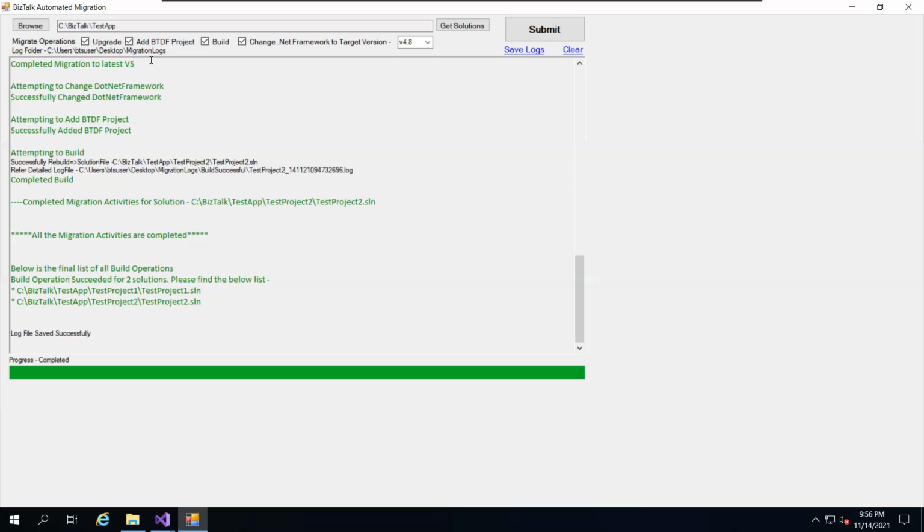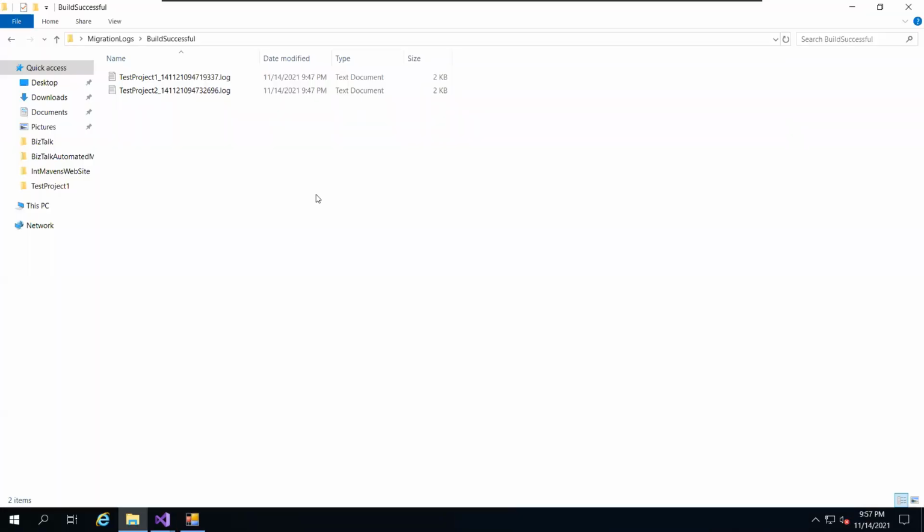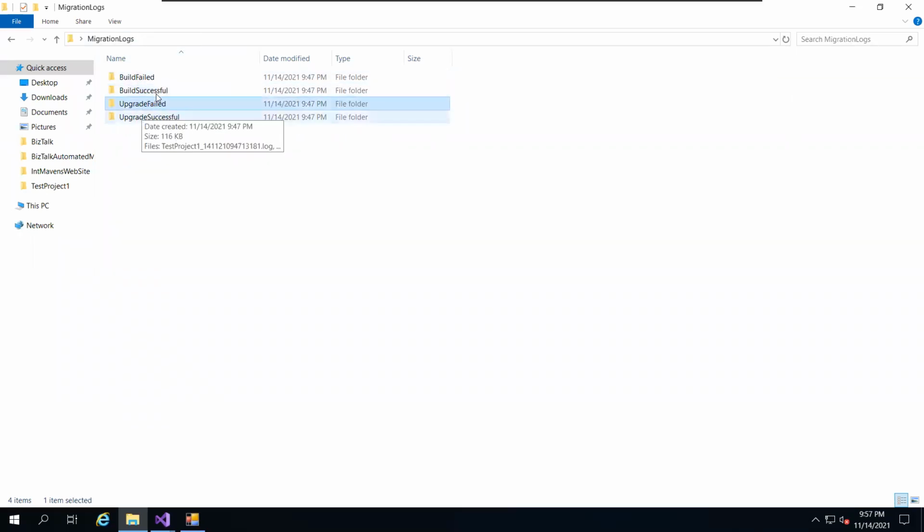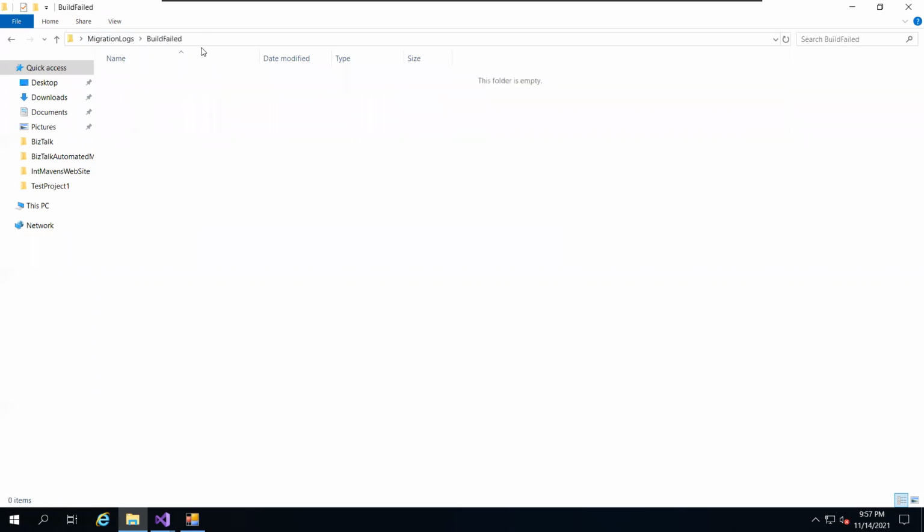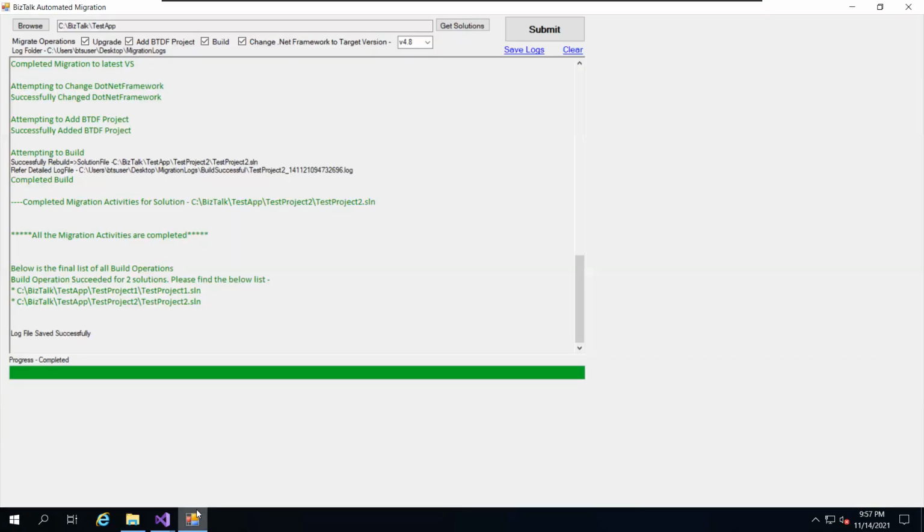Yes, even for my customers, just to identify that. Also there is a chance of manual error as well, right? If you are doing a monotonous task, there might be instances where you miss a few things. But if you have automated it, the chance of errors is also reduced. And one feature which helped me a lot, as you said, around 30% of projects failed. In that case, you don't have to go and check each and every project. You will have these upgrade failed folders, where you can simply check all the folders, and you will get all the error messages upfront about what went wrong with a particular project, and you can take action accordingly.